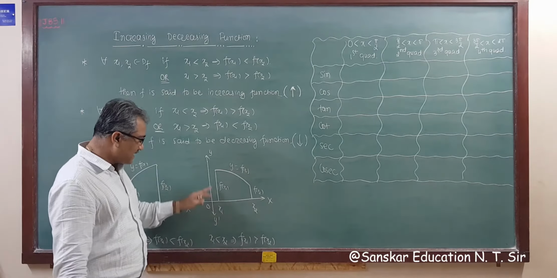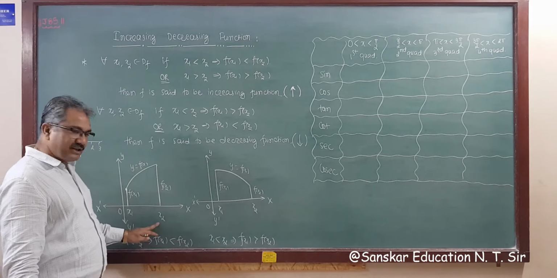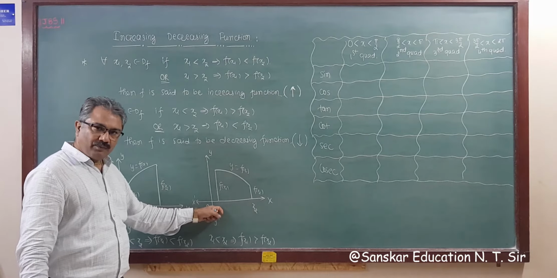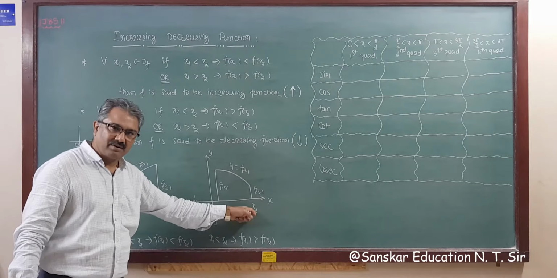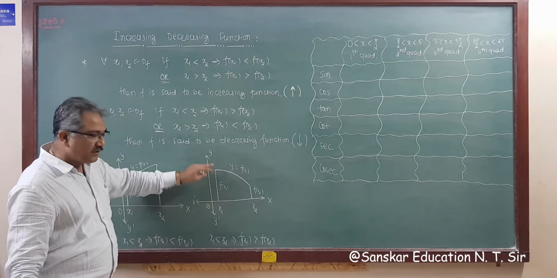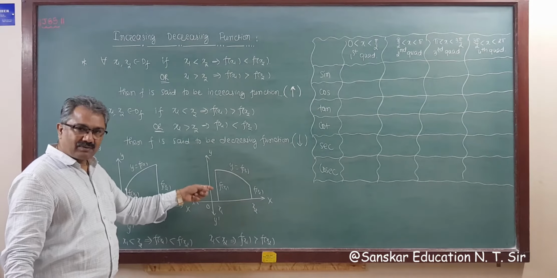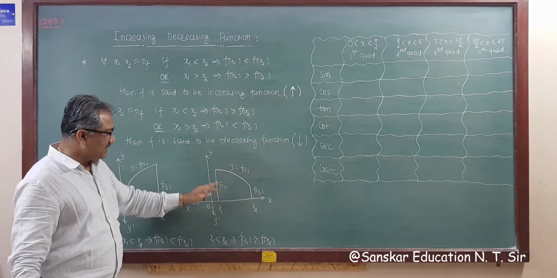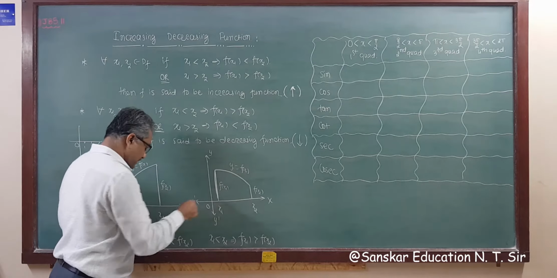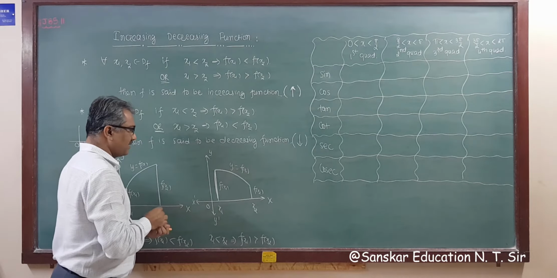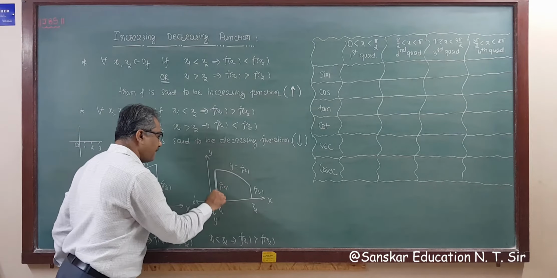Will you follow me? Do you understand? If we take a coordinate system, suppose we write 0, 1, 2, 3, and if we take this and this, then this is x1 and this is x2, so x1 is less than x2 because this is very near to 0 and this is away from 0. So this is x1, this is x2, this is a small number, this is a bigger number, so this is an image, right? Substituting the value of x1 in f, this is f of x1, this is f of x2, so x1 is less than x2, then this is f of x1, I am using coloring chalk, this is f of x1, right?